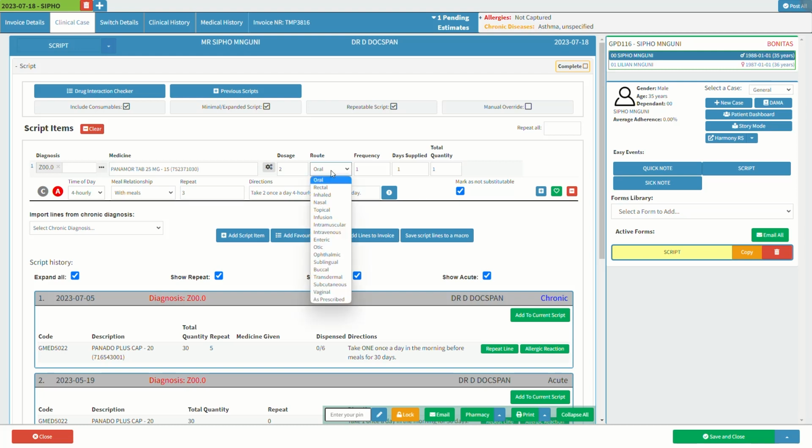Click on the route drop-down menu to specify the method of administering the medication, for example, administering the medication orally, sublingually, or nasally. Click on a frequency field to enter the appropriate number of times the medication should be taken per day. Alternatively, the user can use the up and down selectors to choose the correct number of times the medication should